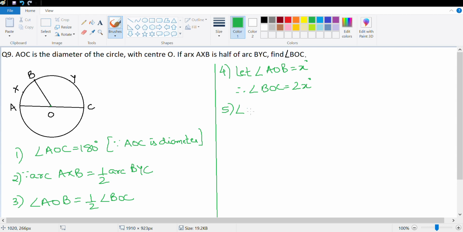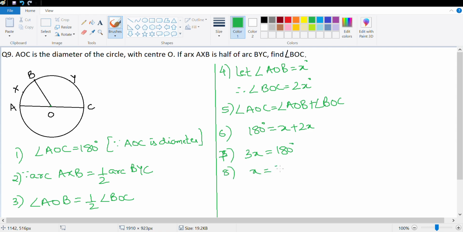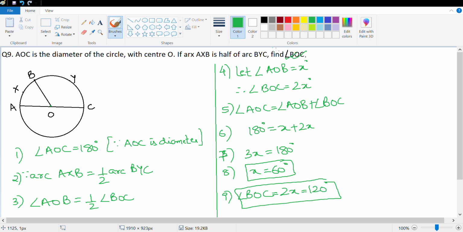Now angle AOC is equal to angle AOB plus angle BOC, which is 180 degree, is equal to x plus 2x, which means 3x is equal to 180 degree, which means x is equal to 60 degree. What do we have to calculate? BOC, which means angle BOC is equal to 2x is equal to 120 degree. That's the question. Done. Let's look at the last question of this exercise, which I'll do with you,